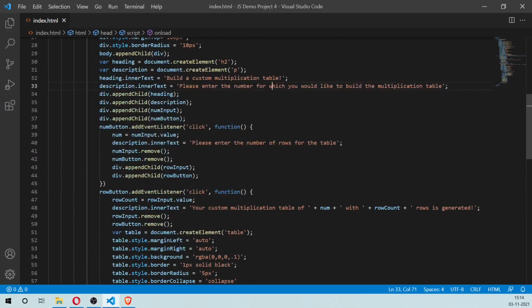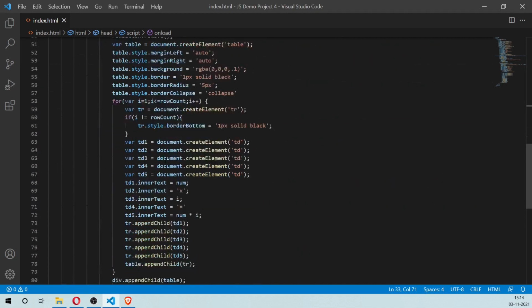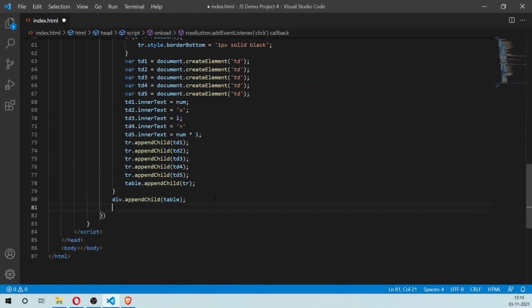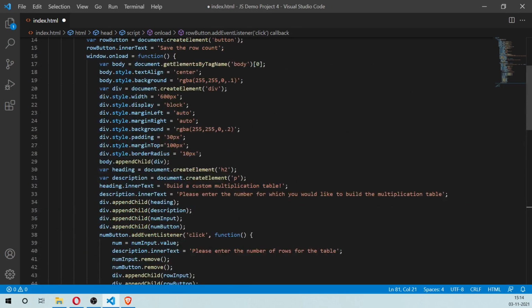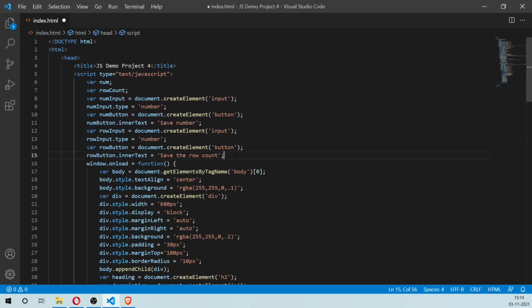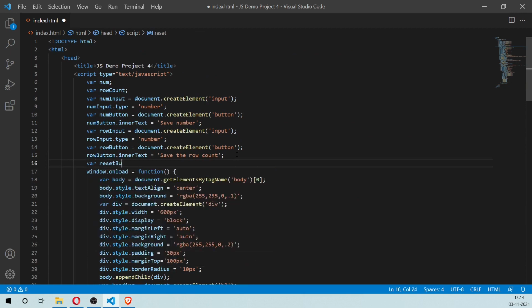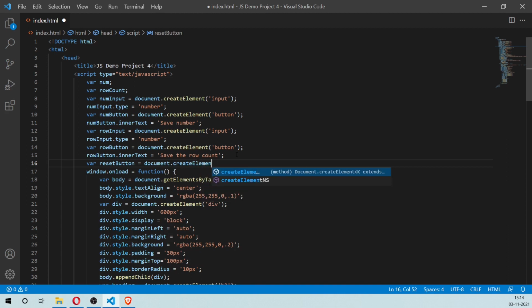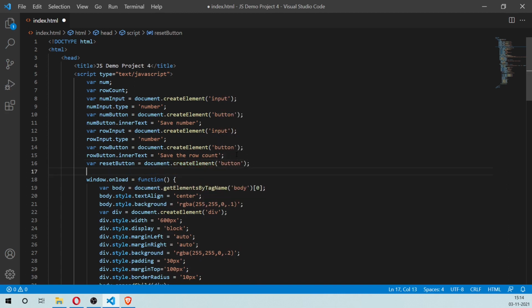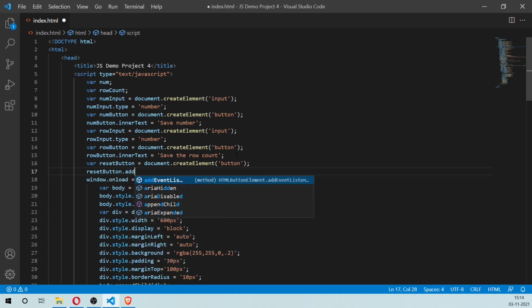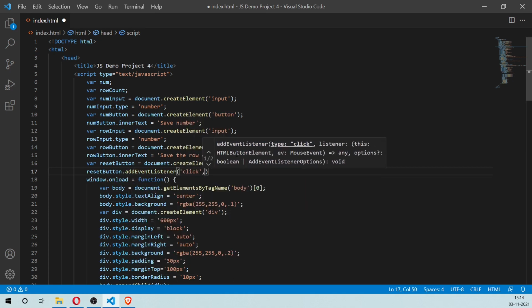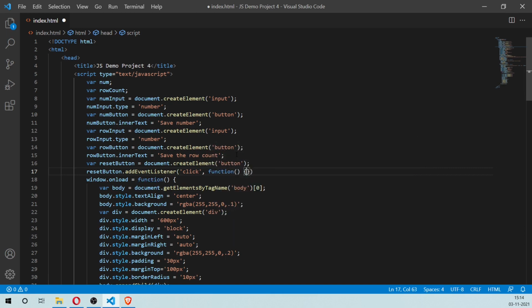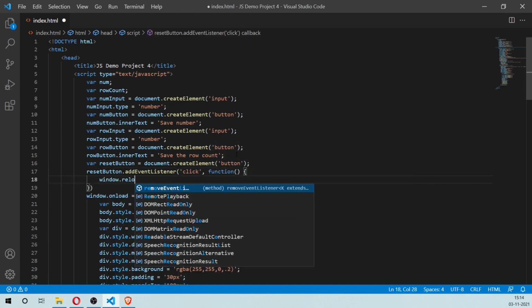So what I can do is I can have a button at the end of this. Let's create it here. var resetButton = document.createElement button, and I'm going to add an event listener to this. addEventListener click, and I'll say window.reload.